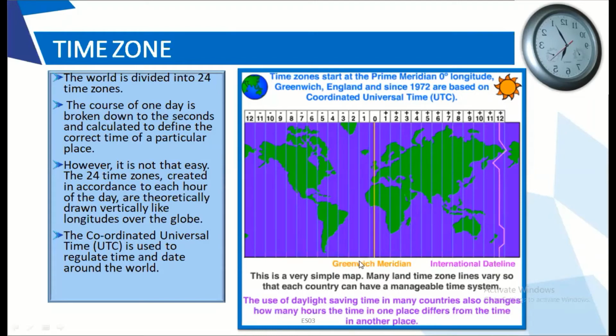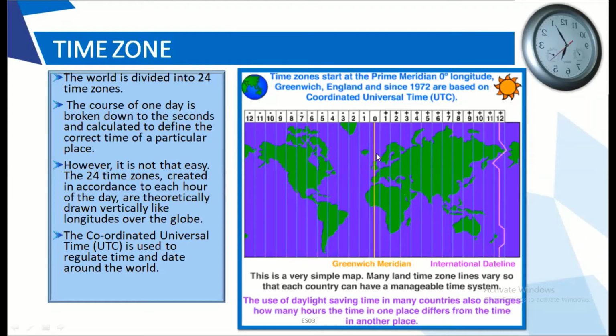When we look at the Greenwich Meridian, we must understand that each longitude takes 4 minutes to pass. The next longitude, another 4 minutes. So this way, when we calculate the longitudes and reach up to India, we understand that India is 5 hours 30 minutes ahead